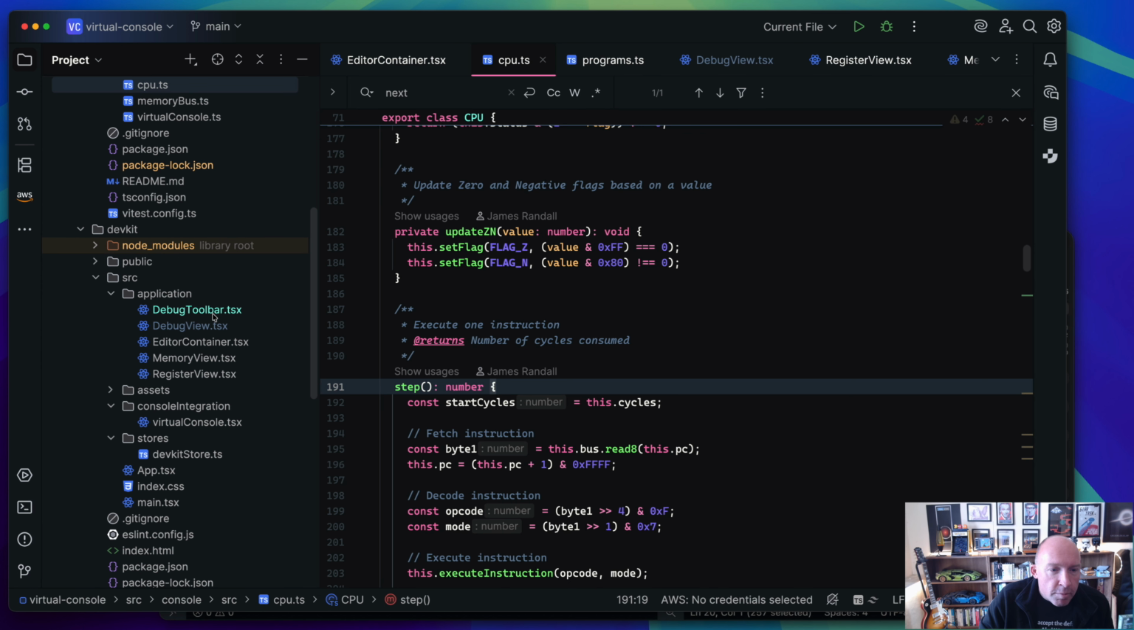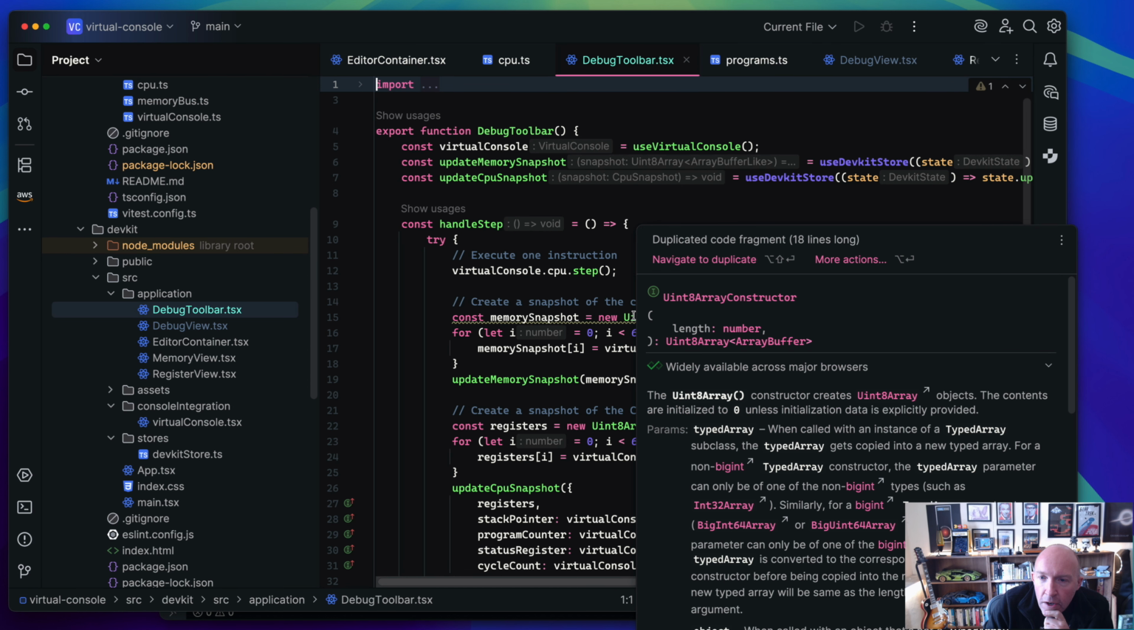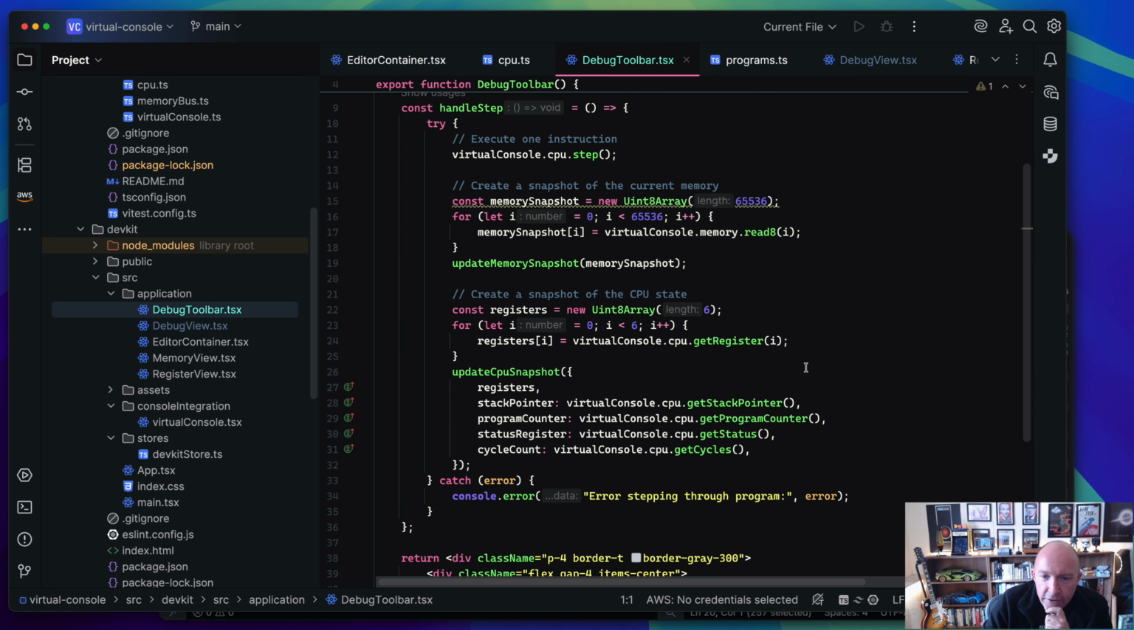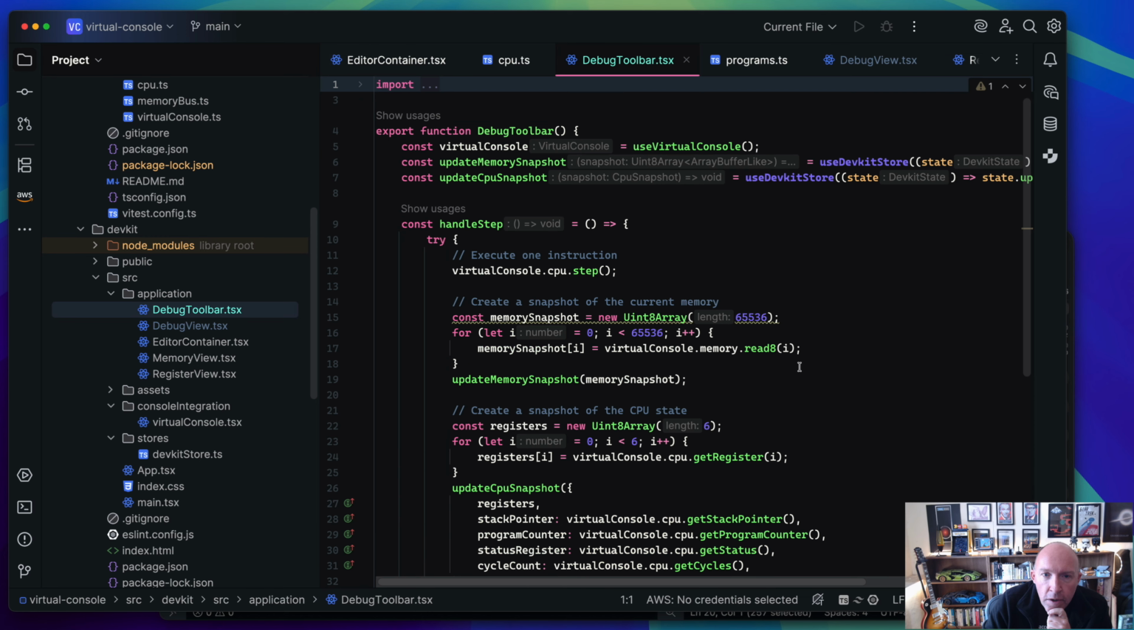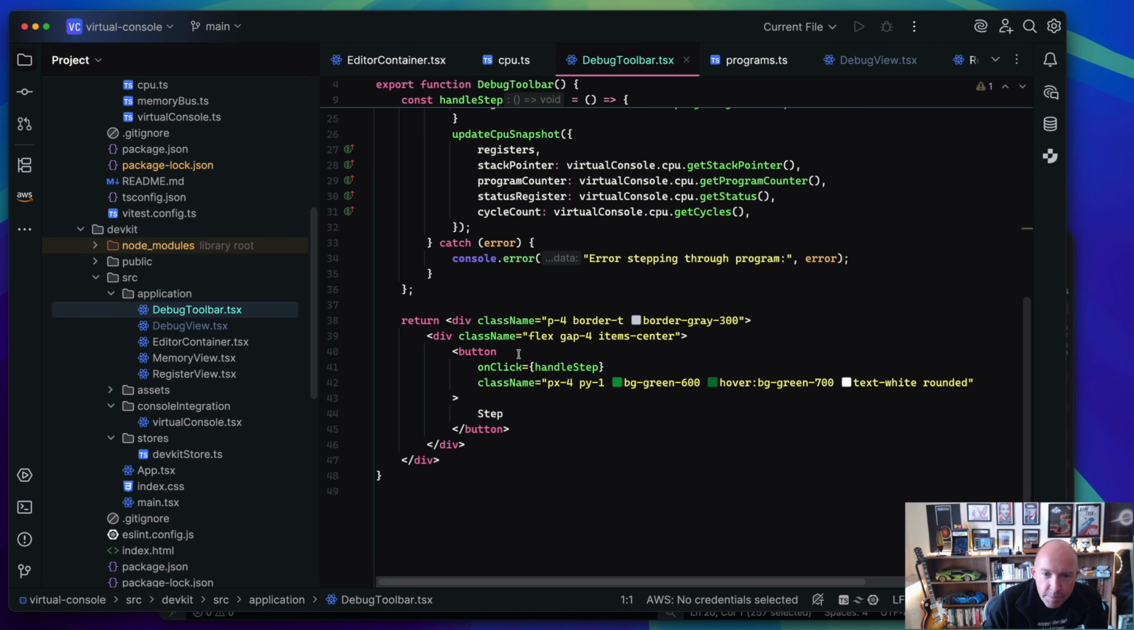So we should have a debug toolbar. Okay. Fine, we don't like that too much. Handle step, create a snapshot, it's just reading it out. We can probably create a little helper function for that. Okay, CPU snapshot, so our debug toolbar, there's a button,